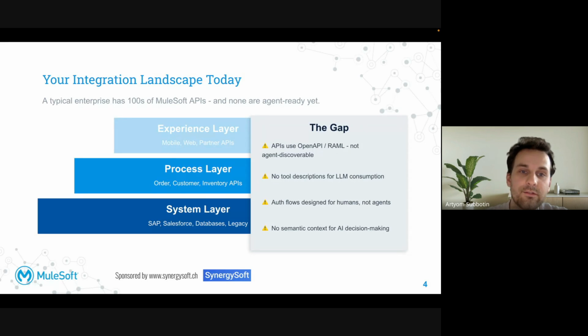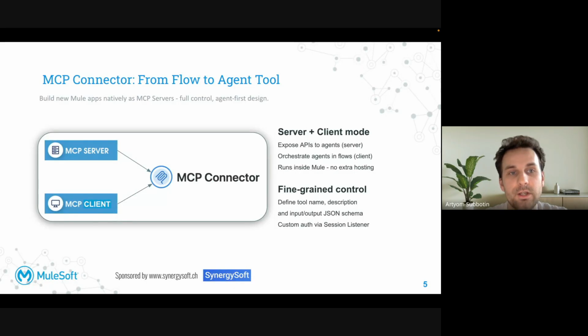And on this, we are switching to the most interesting part. I've already mentioned that there are a couple of approaches for handling MCP using MuleSoft.